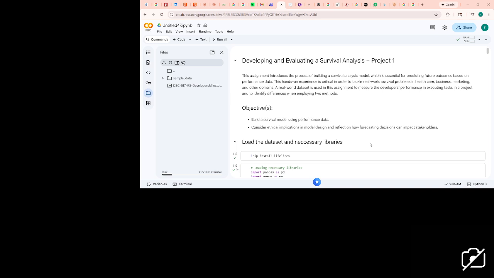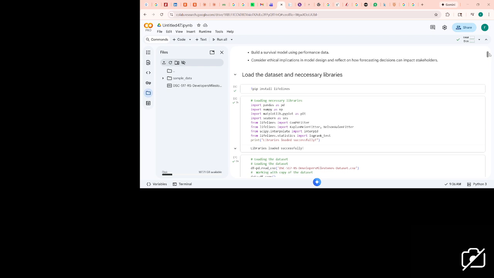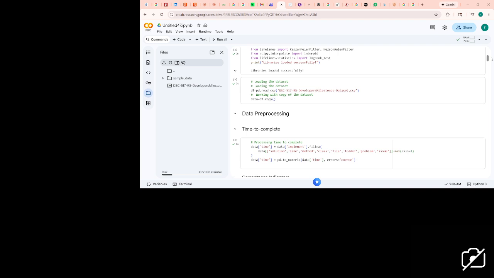This week we have been building a survival analysis model, which is essential for predicting future performance of developers. What we did throughout the week, first, was to load the developer data set. Then we did data processing, especially we processed time to complete, where we created a